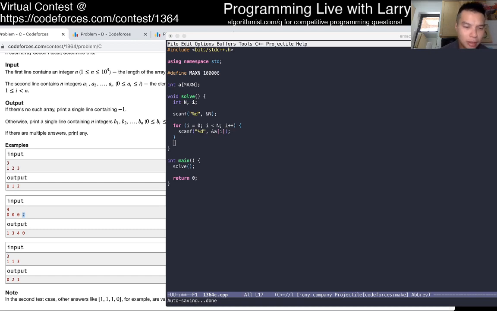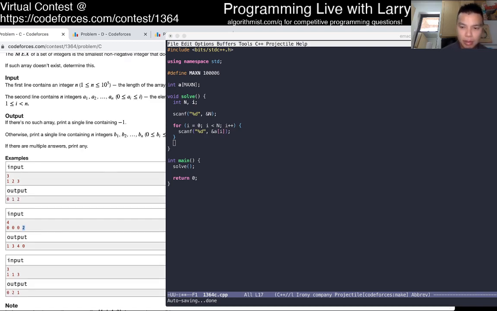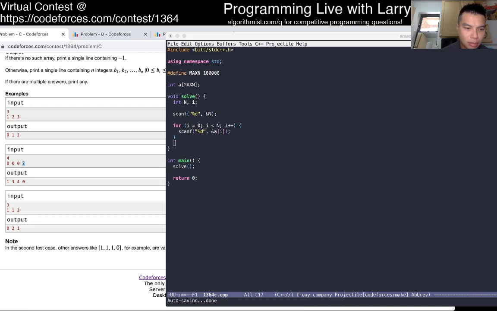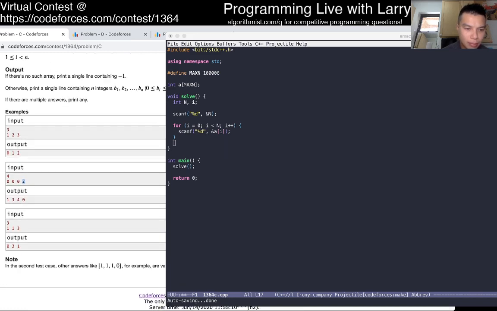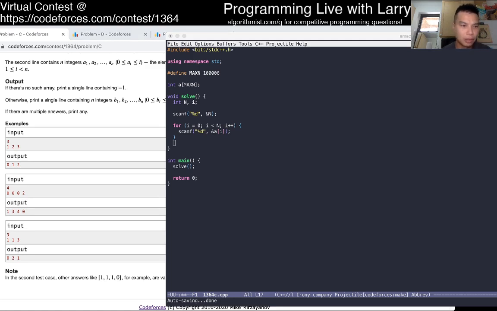What does this 2 mean? This 2 means... I mean, it seems like you can just do greedy, but you have to be able to implement the greedy. Okay, I think I have an idea, but I'm not quite sure.